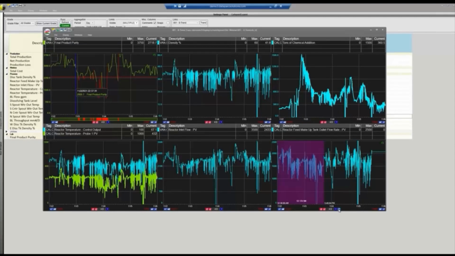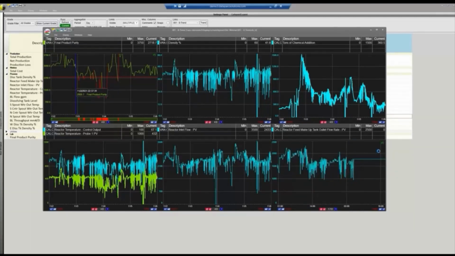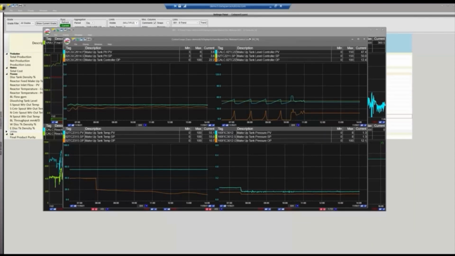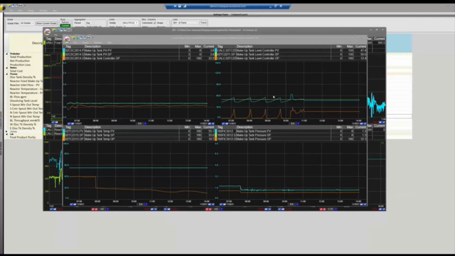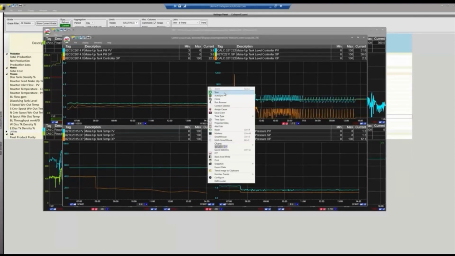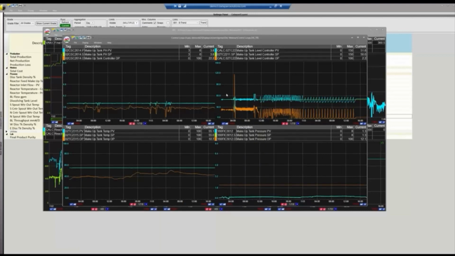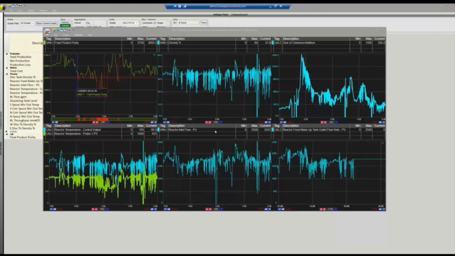So we'll zoom in on the relevant time, and then we'll go ahead and launch an associated trend, which is basically the control loops for all of our tags. We'll grab the time span from our previous trend and then do a sync. And if we notice in the upper right, our tank level controller seems to have a huge spike and then quite a bit of oscillations afterwards before finally getting control at the end of the span. So we can be pretty sure that that's the issue here.